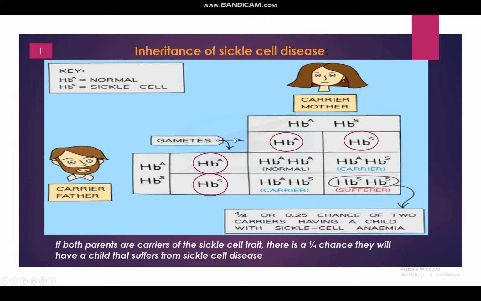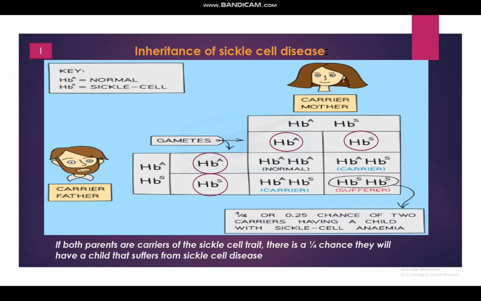Now we study 3 cases in which the mother is a carrier and the father is a carrier. At the time of meiosis, gametes are being formed. In the case of a carrier mother, the genotype is HBA, HBS, and the father's genotype is HBA, HBS. Once it is fertilized, you can see that one child is normal, 2 children have the carrier trait, and the 4th child is a sufferer of sickle cell